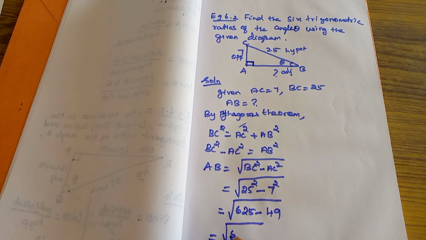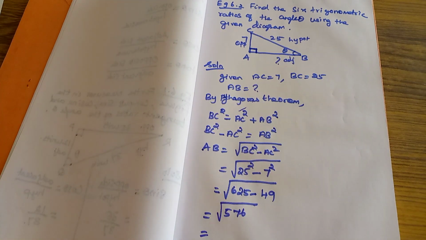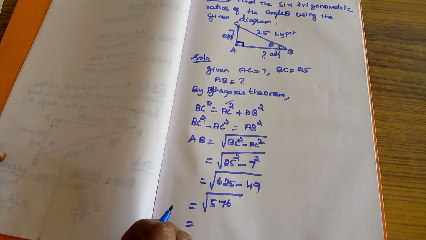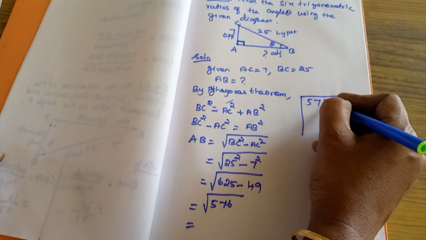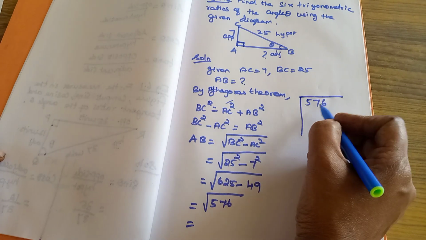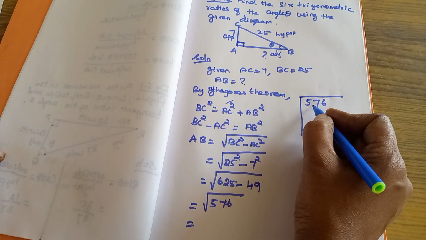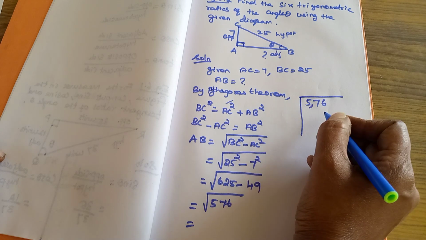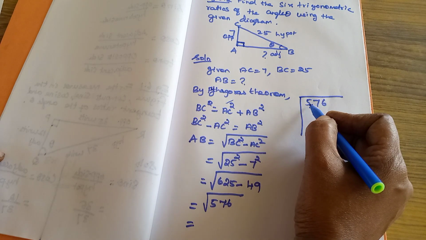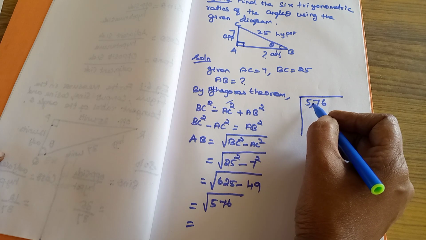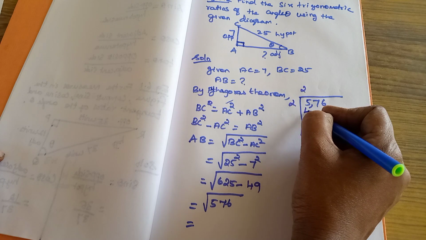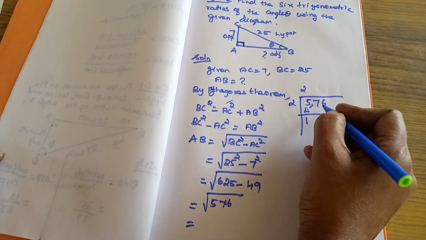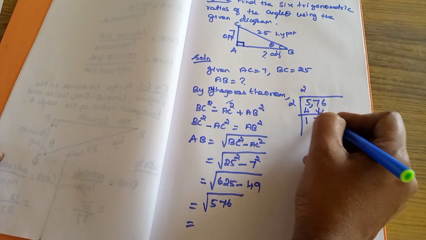Subtracting it, we get square root of 576. Using the long division method we have to find this. So the square root of 576, listen here. Three digits are there. First 1 digit, next 2 digits together we have to take. Square of 5 is not there, so the nearest is 2, only 2 can be taken. 2 2s are 4, 1 balance. Next take 2 digits together, 76.